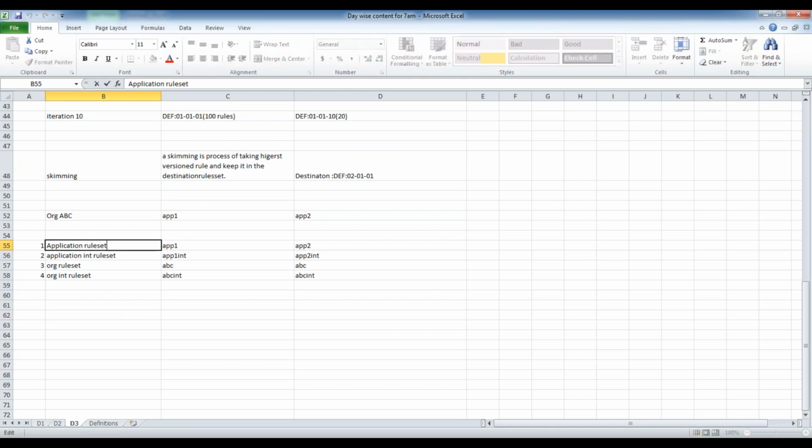That means the application rule set can use all the rules from the organization rule set. That is how the system behaves. That is why the stack is important. By mistake, if you change the stack like this, if you move this one on top, the application rule set cannot use the below numbers, right? So let's say by mistake some developer modified this one like this.